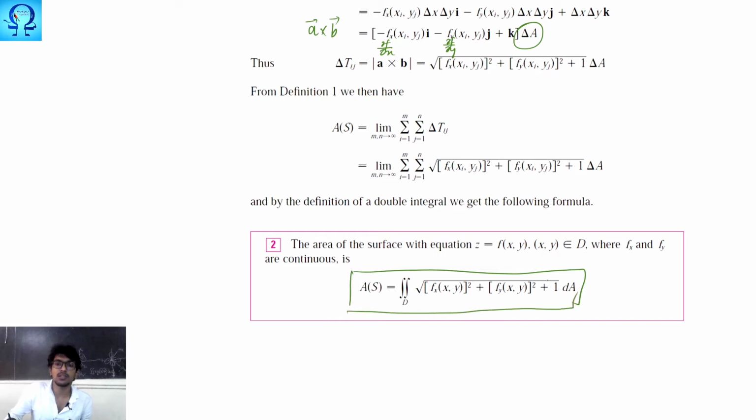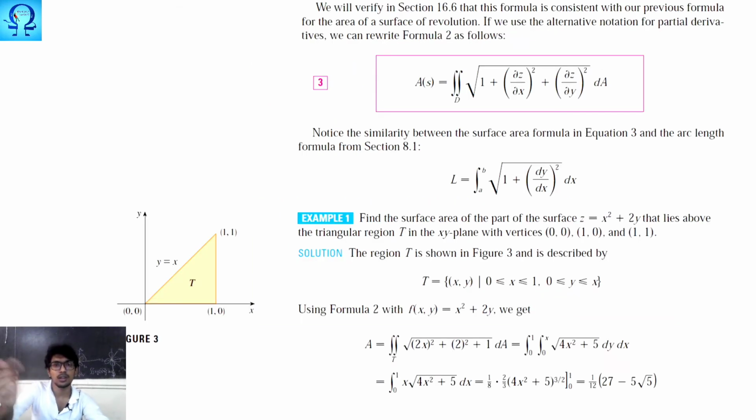Whenever the function involving x and y is able to produce partial derivatives and the partial derivatives are continuous, this may be further written in a simpler way. If you are given that z is equal to f of x, y, just find del z upon del x and del z upon del y, and put them in this formula, then you are done. And you know what dA is, that is dx dy. So whenever you are asked to find the surface area, you will have to identify the region first of all.